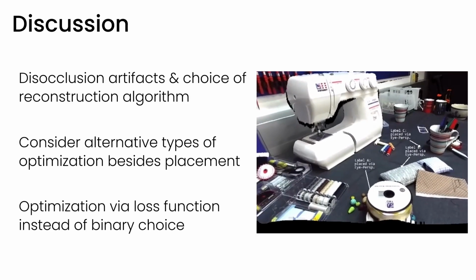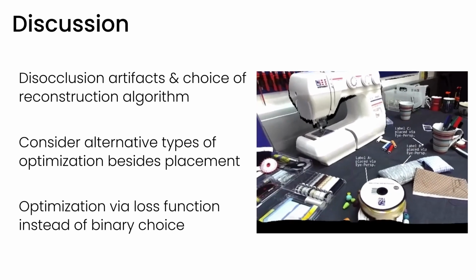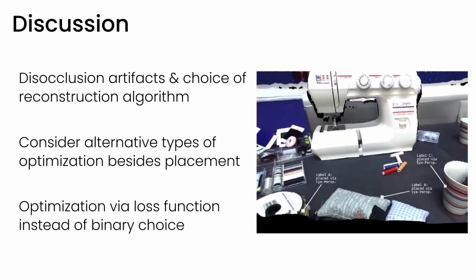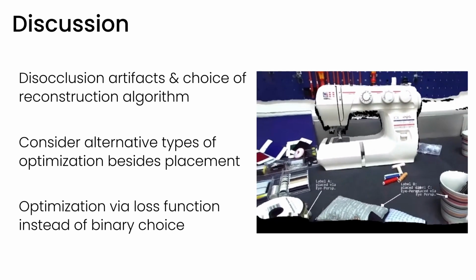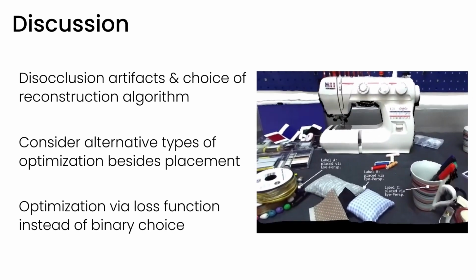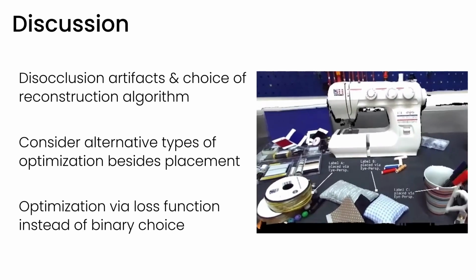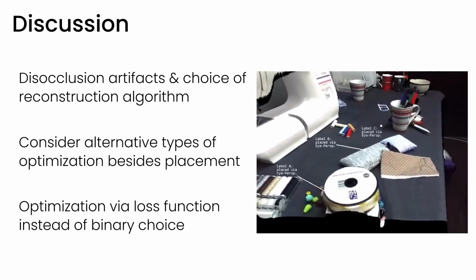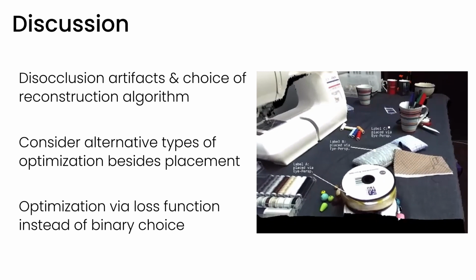However, we also identified some areas that could be improved upon. First, regarding the occlusion artifacts and the choice of reconstruction method. We decided to use reprojection due to its low computational cost and its robustness. However, disocclusion artifacts need to be handled, especially since disoccluded areas tend to become larger when the user moves closer to the scene. This might require the use of advanced in-painting methods, or a change to different reconstruction technique altogether,